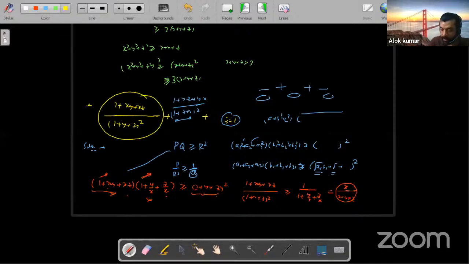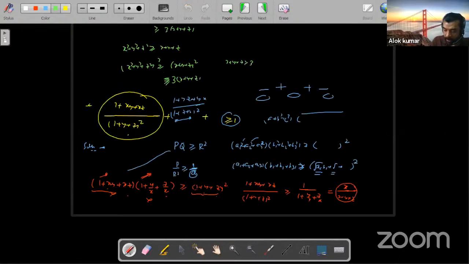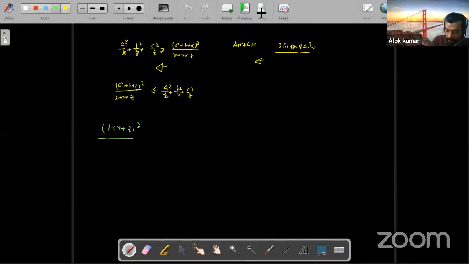Now this is greater than or equal to, don't worry. If I turn it around, means I will play with the reciprocal of this first expression. So I will write 1 plus y plus z whole square, and over 1 plus xy plus xz, 1 plus xy plus xz. This is at least in the